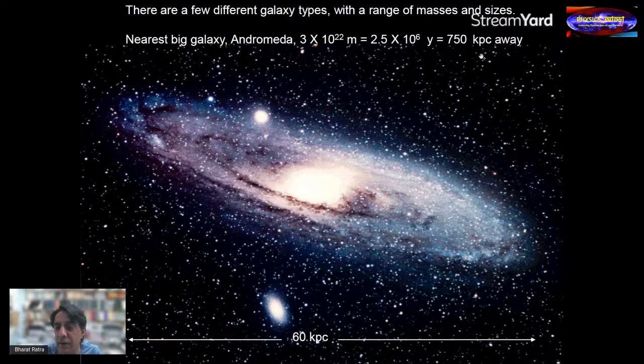It's 750 kiloparsecs, or in terms of light travel time, it's about 2.5 million years from us. So when you look at Andromeda, that light that is coming through your eye lenses and hitting the back of your retina and getting converted to electrical signals, that's been traveling in a straight line for 2.5 million years from whatever produced it in Andromeda, like whether it was a star or some hot gas or something. And it traveled in a straight line, and it came and hit the back of your retina, and you saw